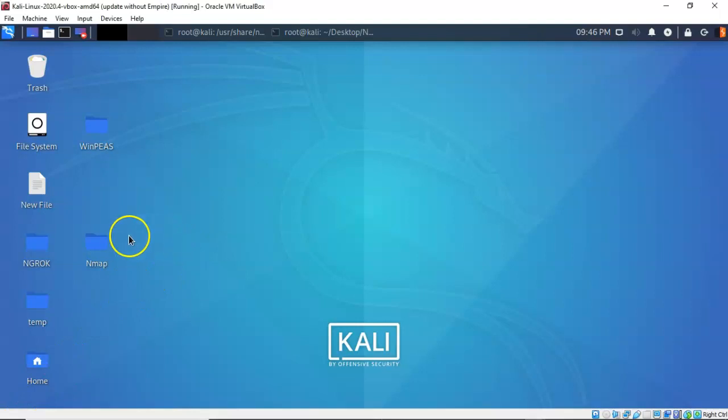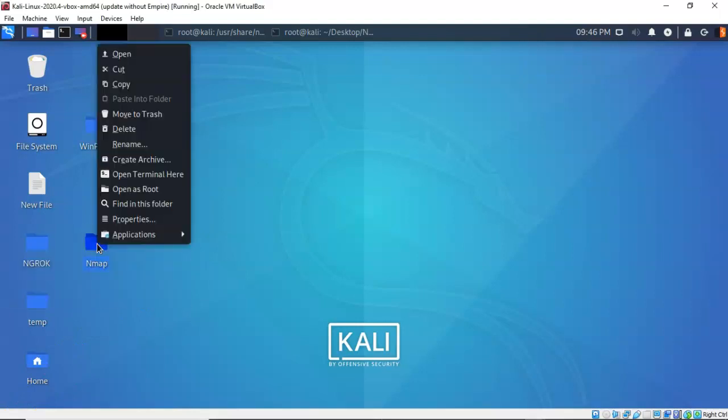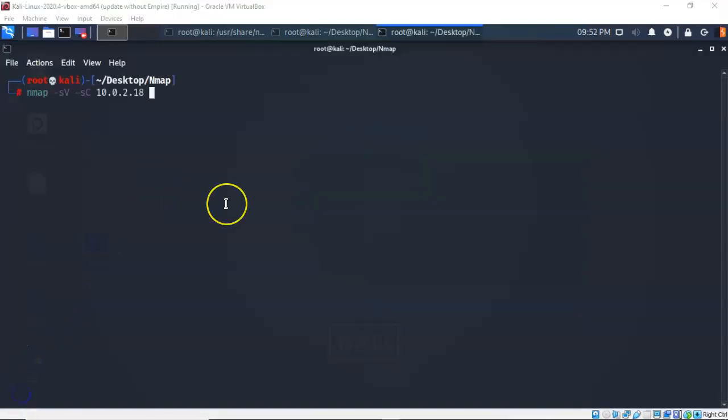From my Kali desktop, I'm going to right-click on my work folder, and from the context menu, I'm going to select Open Terminal here. One of the best all-around switches that you're going to find with Nmap is the -sV switch. This allows us to detect the service and the service version that is running on the target. Very useful. And in conjunction with the -sV switch, we can also run the -sC switch, which is going to allow us to use the Nmap scripting engine